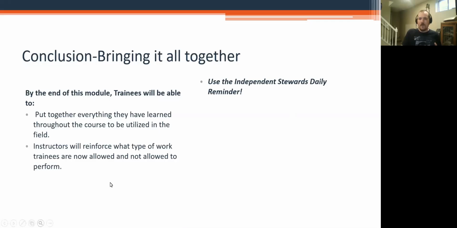So just making sure that you're reminding everybody of all the key takeaways and wrapping up in a productive way. The first thing with that, and this is of course true for crew leader training as well, is that the Independent Steward's Daily Reminder is listed in that book. What that does is it boils down everything in the training into a step-by-step procedure from before you get started all the way to after you're done.